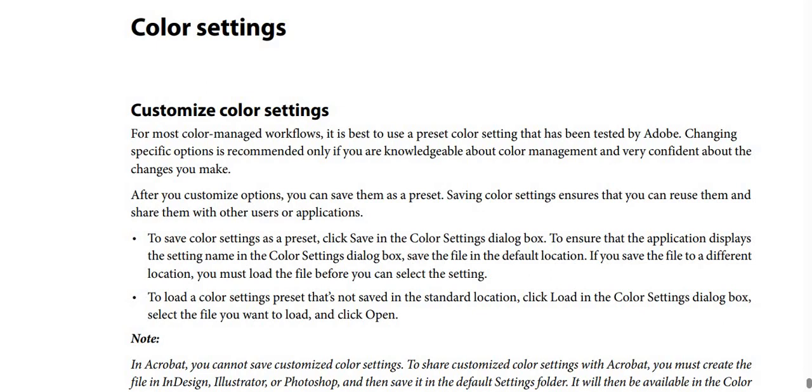Color settings. So what about color settings? How to customize the color settings in Photoshop. By the way, for most color managed workflows, it's best to use a preset color setting that